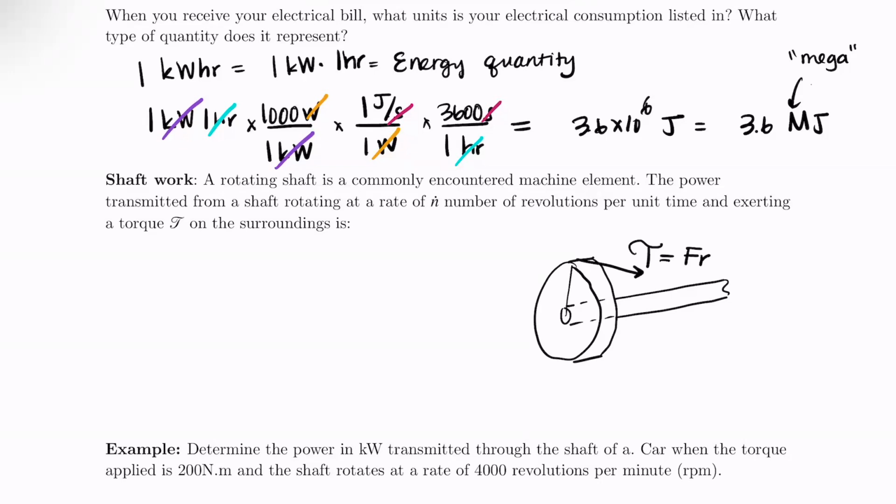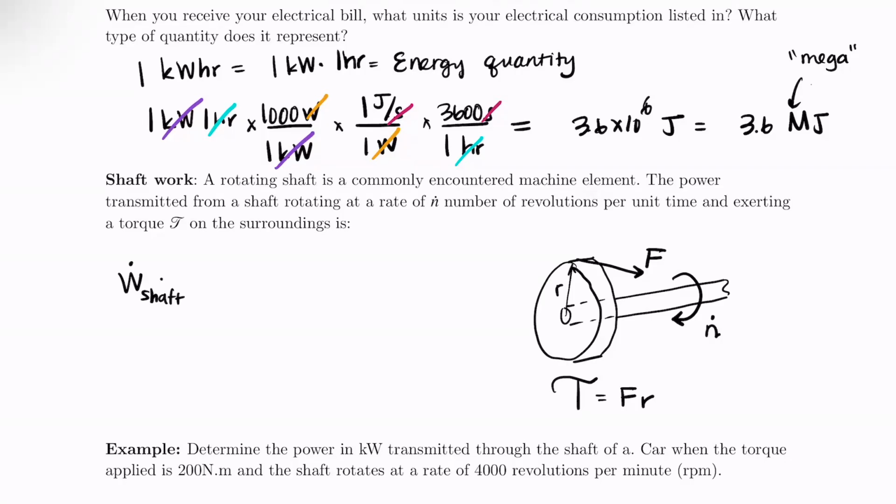So we have our radius, R, and actually, sorry, let me move this. So this is our force, and our resulting torque is equal to F times R. This shaft is going to rotate at a rate of n dot. And then our shaft work, so W dot SH,